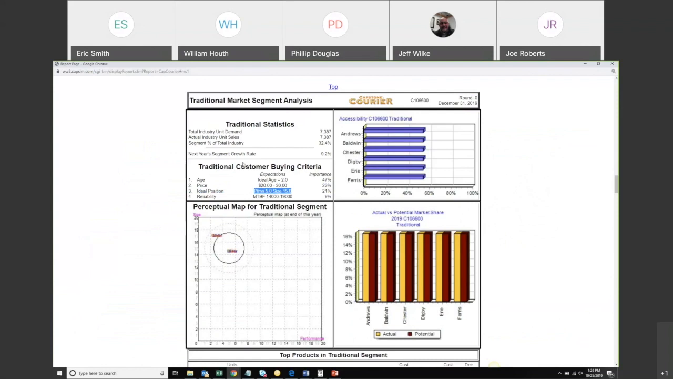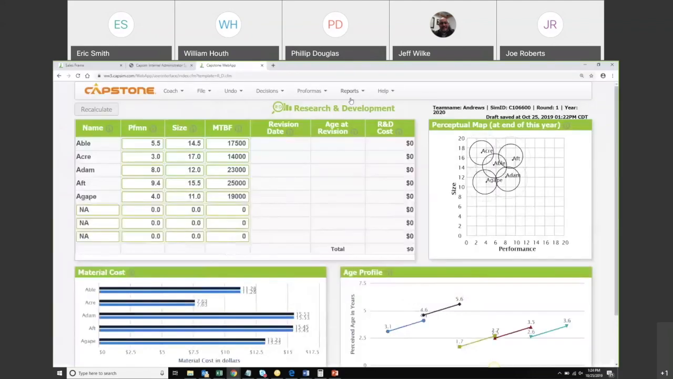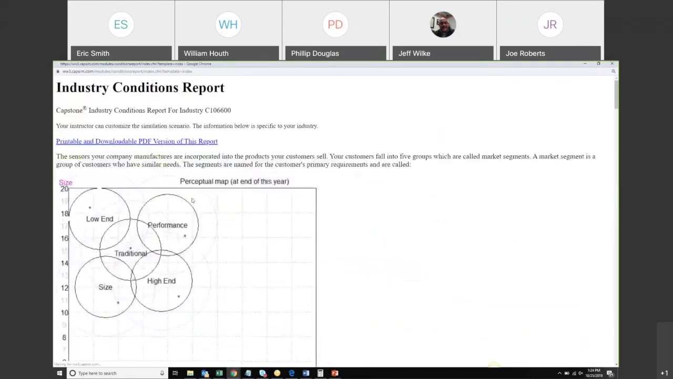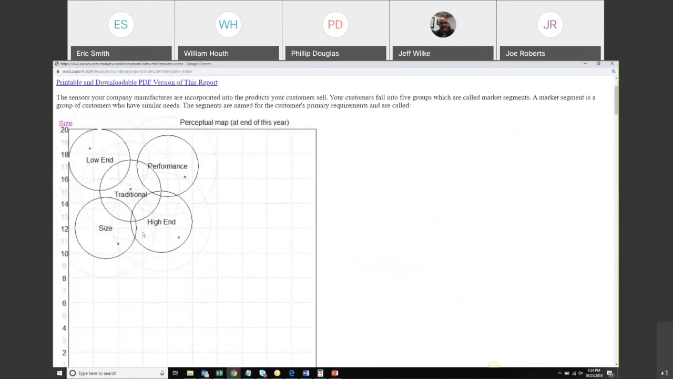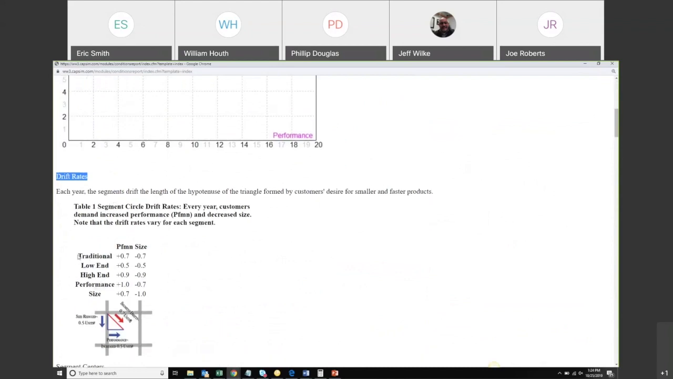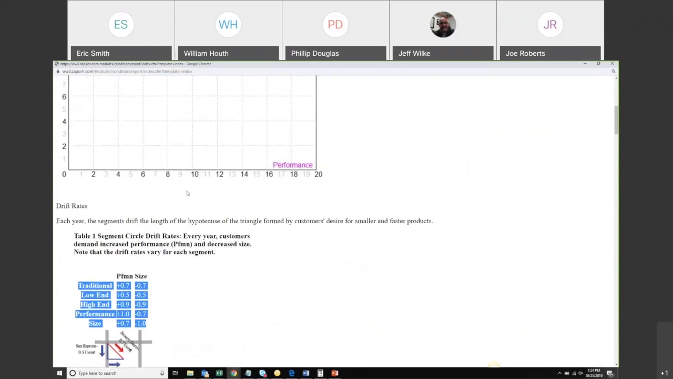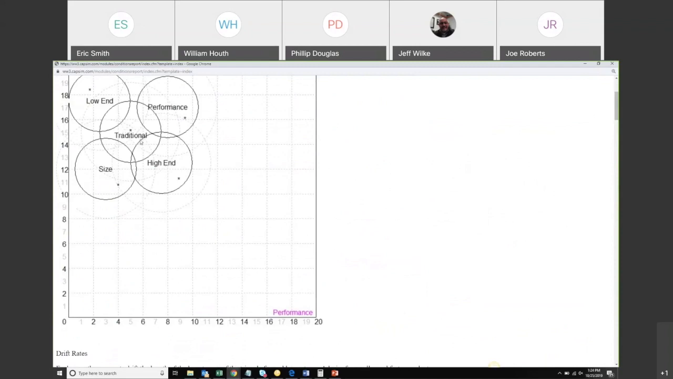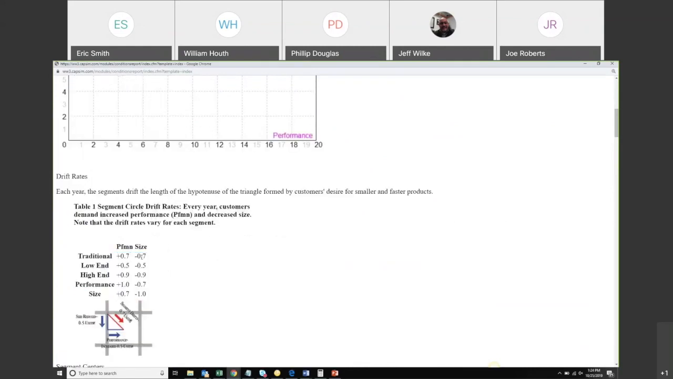In the other report I showed you, that industry conditions report, we tell students some vital information. So which segment is which? Of course, they need to know that. But we also talk about things like the drift rates. So how fast are each of these markets moving across the perceptual map? As a general rule, the more high-tech the segment is, the faster it's going to move across this map down and to the right. So, in traditional, it says our drift rate is plus 0.7 and minus